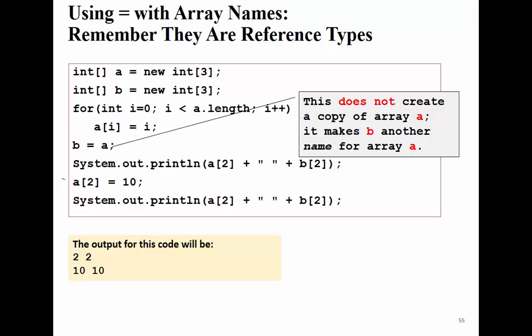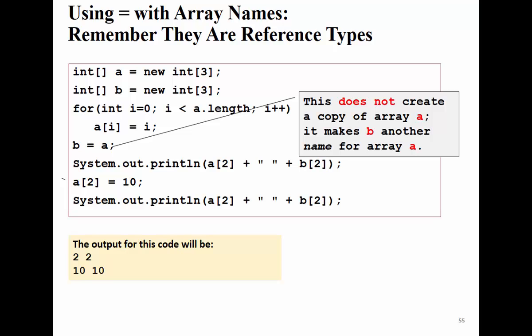Is this example clear for everyone? Good. Yes? What would change here if you say P[2] equals 10? Will it still be 10, 10 in the end? No, if I make A equal to P, in this case I'm losing A. Now A and P are pointing to an element that is not initialized at all.